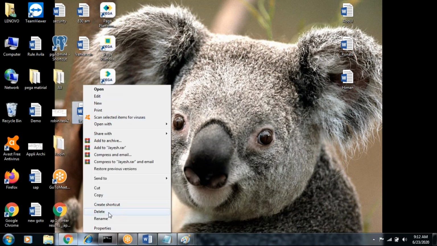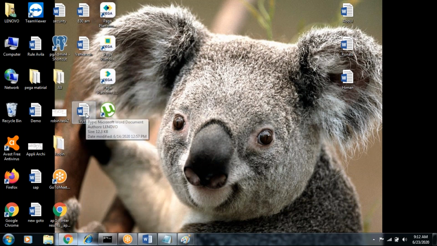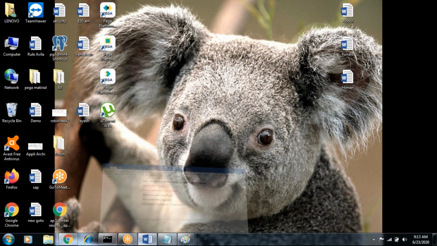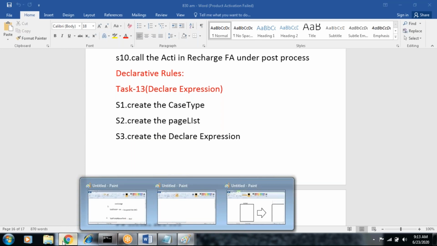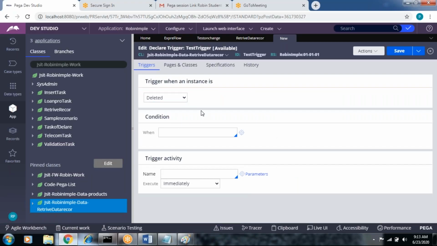The data will not be deleted permanently; it will be in the recycle bin, right? In the same way, if you use shift delete, the data will be deleted permanently. The shift delete is nothing but a committed delete. That is an example of saved and committed.